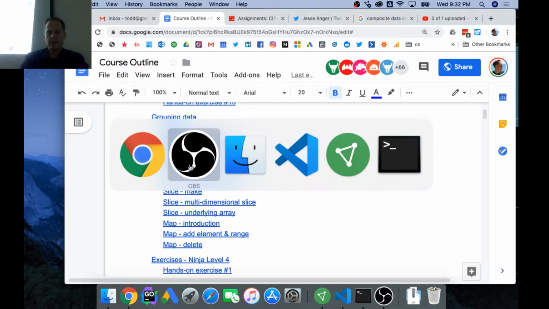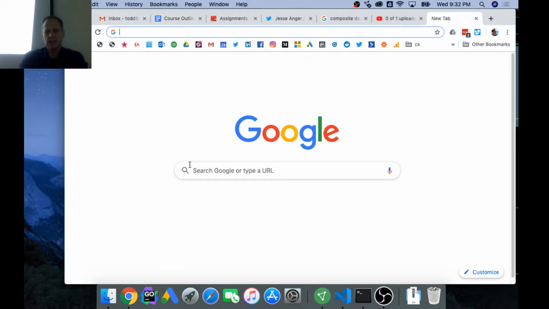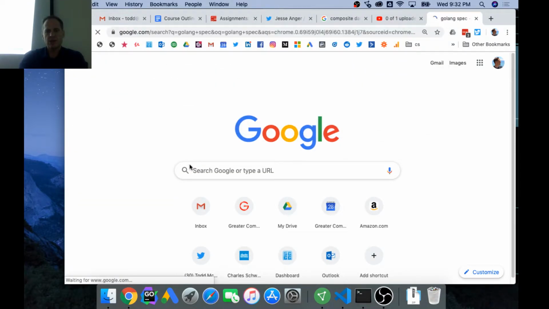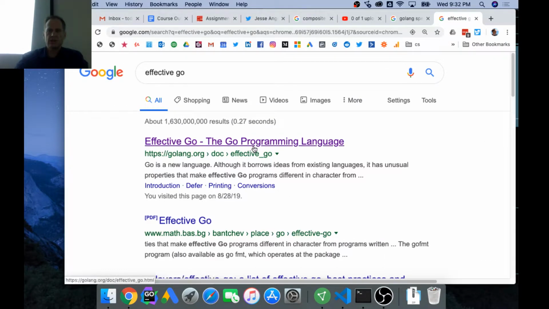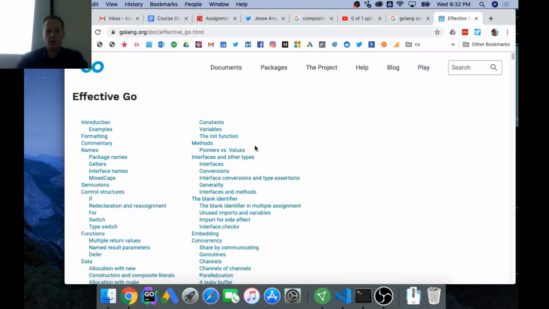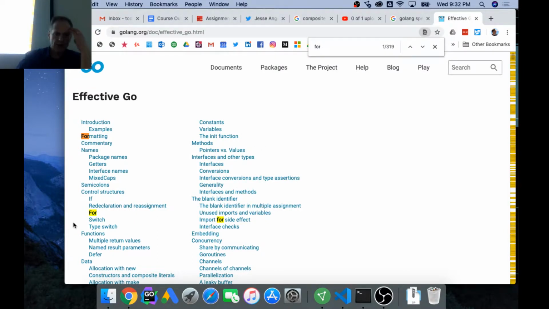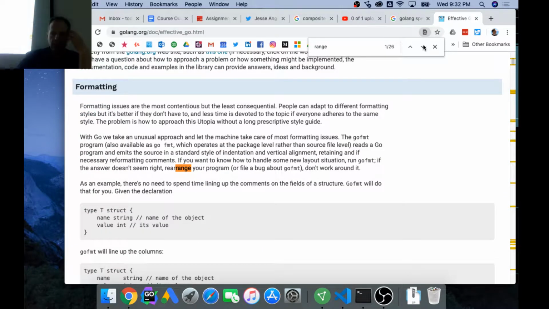So the for range, we learned about the for loop, and there's a special kind of syntax. So, Golang specification and Effective Go. There's a special syntax called the for range. And so if I look for right here, better yet, you can see there's for, but let's look for range and see what comes up. And I'll do a range with a space,